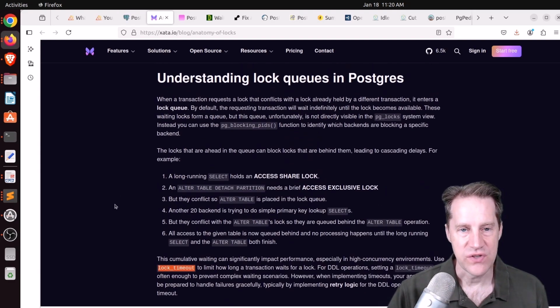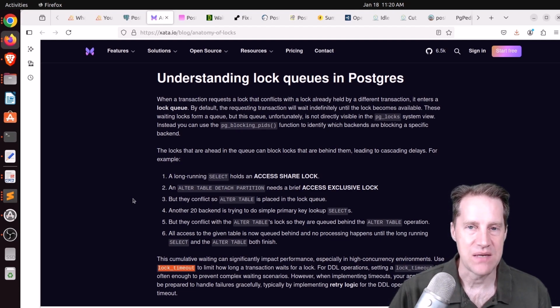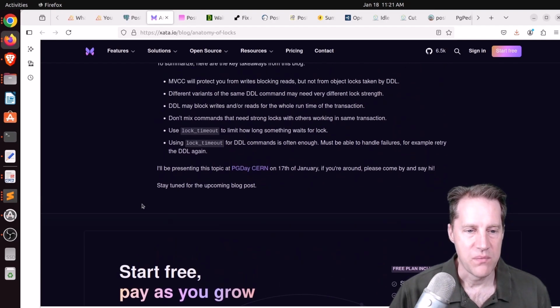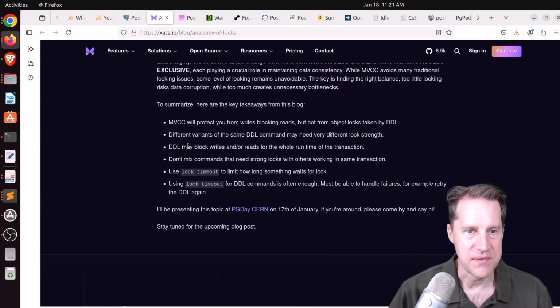Now, what lock queues are is that, say you have some DDL that should run very quickly. You want to rename the column of a table. That should run very quickly, but the problem is if it has trouble acquiring that lock to do that very quick change, it still has to get in line, and then suddenly every other query of that table is getting in line behind it too, and it's blocking other, say, selects from happening, causing that lock queue. But if you want to learn more about that and the importance of the lock timeout, definitely check out this